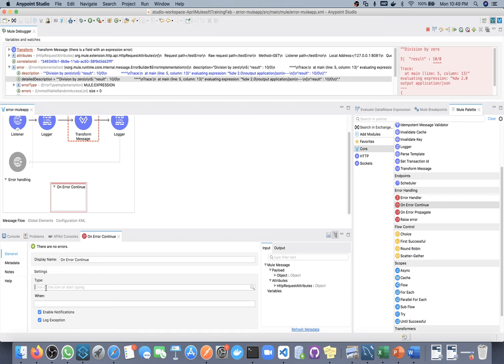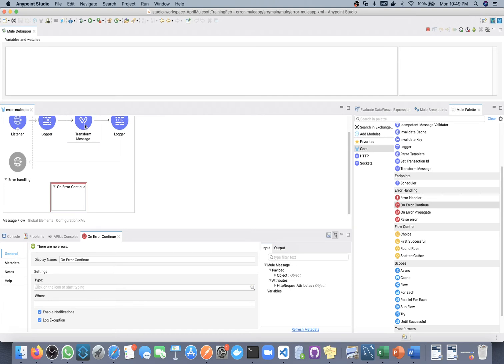If we are not defining any particular type, it will handle any kind of error. By default the type is any, and if you remember, any is the parent of all kinds of errors. So whatever error comes in your flow, this component will handle that error. Okay, let's move to next.